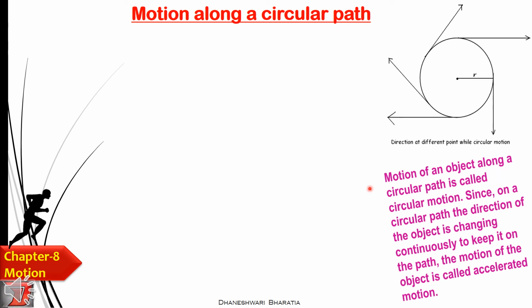definition of circular motion. Motion of an object along a circular path is called the circular motion, since on the circular path the direction of the object is changing continuously. पहले मैंने क्या बताया था कि सर्कुलर पाथ में डायरेक्शन चेंज नहीं हो रही है, ऐसा नहीं होता है बेटा. अगर आप ऐसे सर्कुलर मोशन में जा रहे हो तो यू कैन सी द एरो, इधर आप यहाँ से जा रहे हो या फिर यहाँ से जा रहे हो, डायरेक्शन तो चेंज हो रही है, बट यू आर मूविंग कंटिन्यूसली, यूनिफॉर्म मोशन जा रहे हो, राइट.